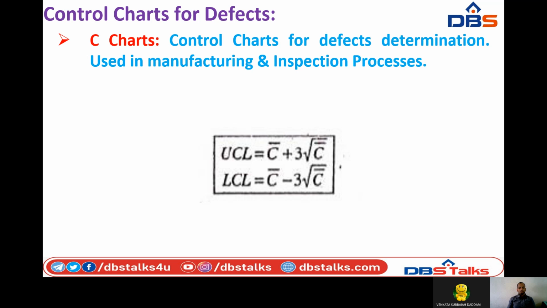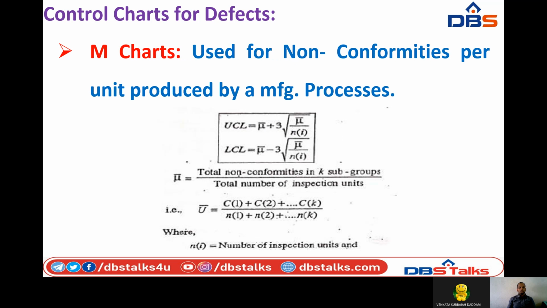So M charts are mainly for non-conformity of items. That means whether the product is conformed, that means without any defects. Previously, how many defectives are present in the item, and at the same time here in the M charts we are calculating the